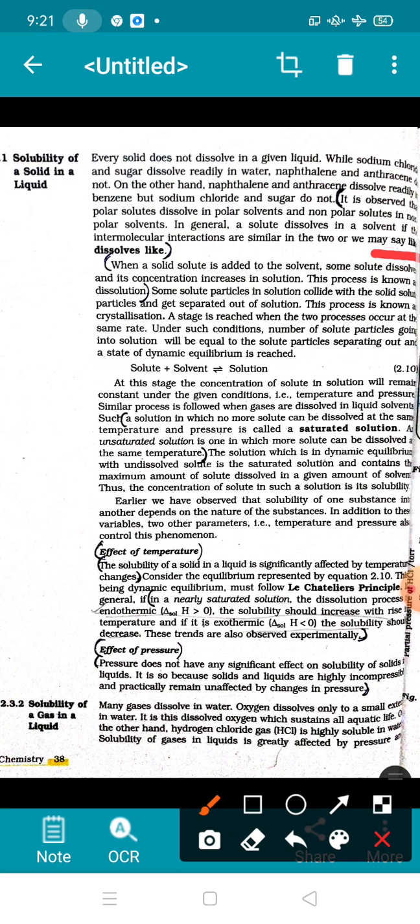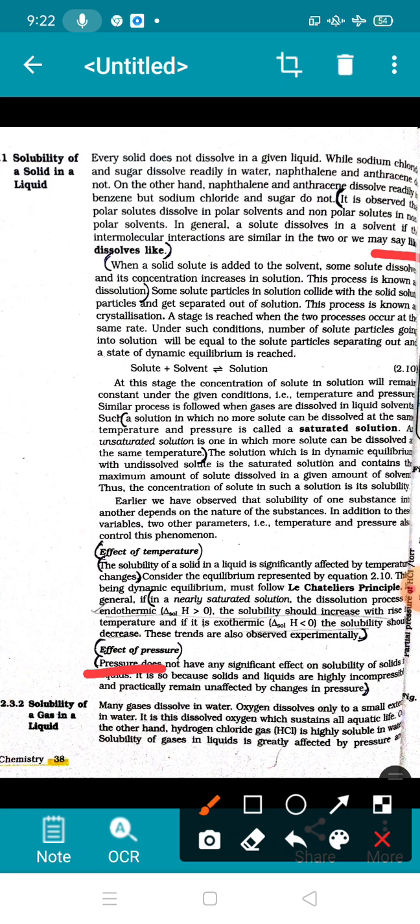So dissolution is an endothermic process, which means delta H is positive. The entropy of the system is increasing because the solid particles are in a proper orderly manner, and when they turn to a liquid, their randomness increases. So delta S is positive. When delta H and delta S are both positive, delta G will be negative only at high temperature. So I would like you to revise a little bit of thermodynamics, the last part which we have done on delta G.